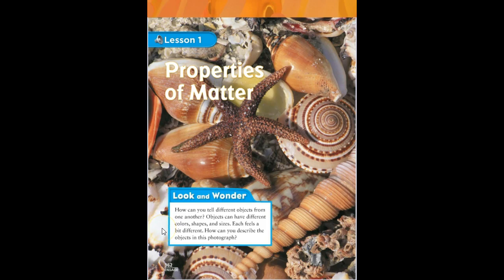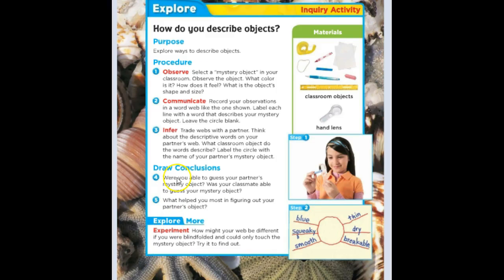Objects can have different sizes, colors, shapes, and they can feel different, they can smell different, they can look different. You just look at all these beautiful seashells in this photograph. They're all made up of matter, but they all have different characteristics or properties. Okay, in this activity, you're going to figure out what some of the different properties are that matter can have. It's basically how you describe different objects. So if you have done this already, you know what I'm talking about, and if you haven't, you will do